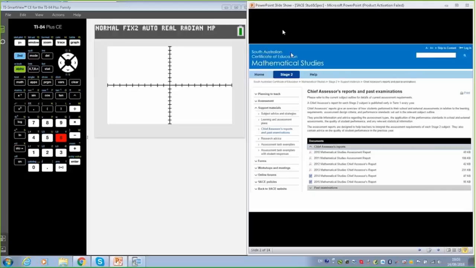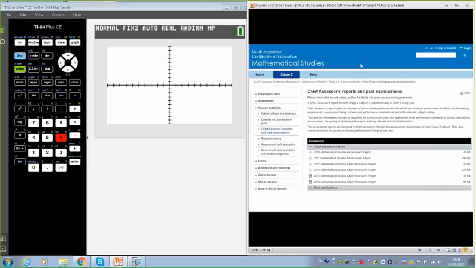So an area that all teachers from the Northern Territory and South Australia are aware of and should continually use is obviously the SACE website for many resources and advice and the learning assessment plans, etc., but also to find the Chief Assessor's reports. I find these a real valuable tool to develop my teaching, both to talk to the students about students around Australia, and around the two states, and what answers they give, and the hints that the Chief Assessors can give us on how to do certain questions.